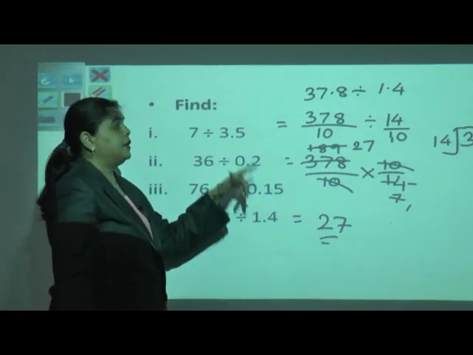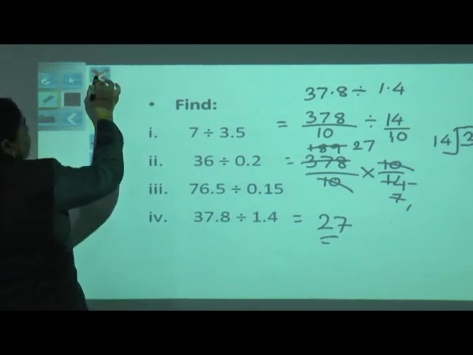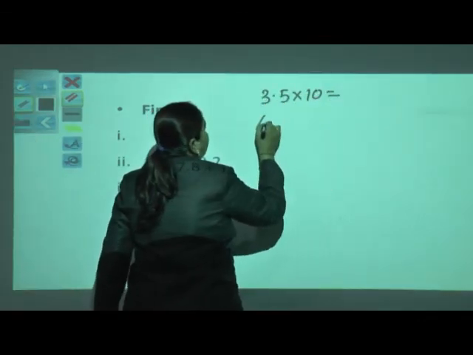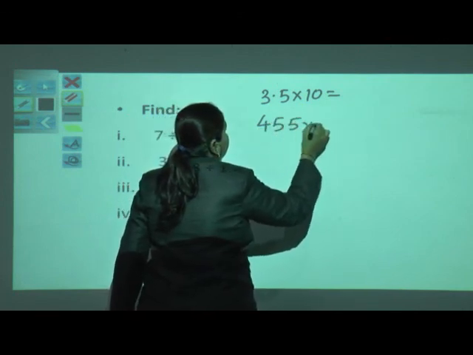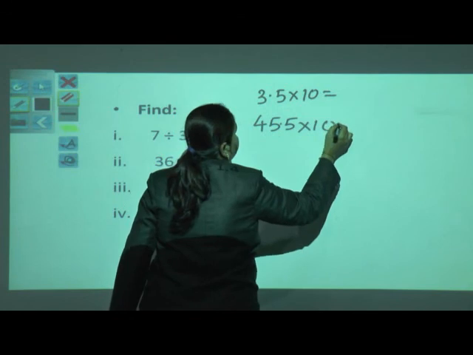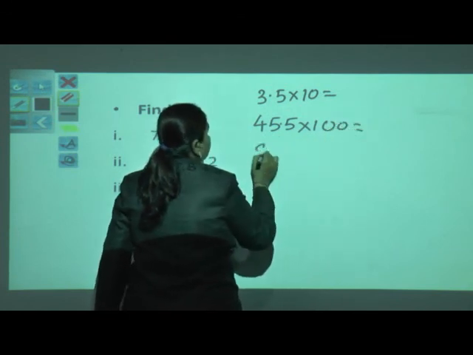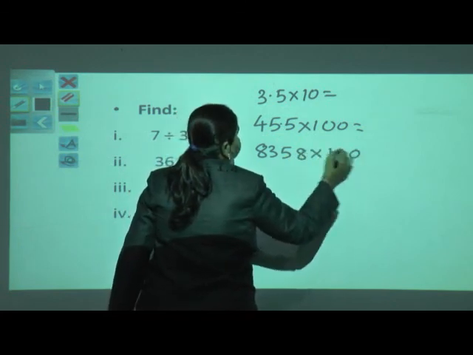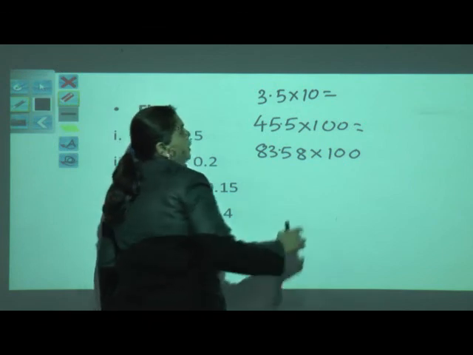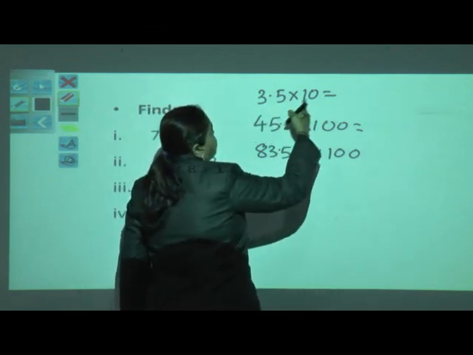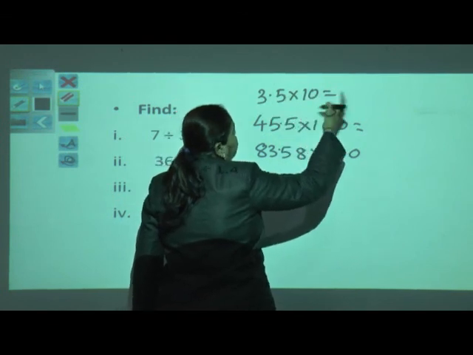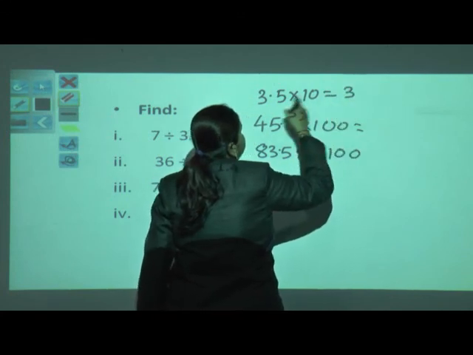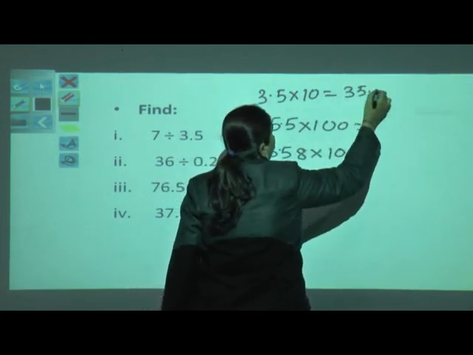So we had started with the divisions of a decimal by 10. 3.5 into 10 is equal to 35, 4.5 into 10 is equal to 45. Extremely sorry, here we are having a multiplication, so the decimal will go forward, to the right hand side, so it will be one digit, so it is 35.0.